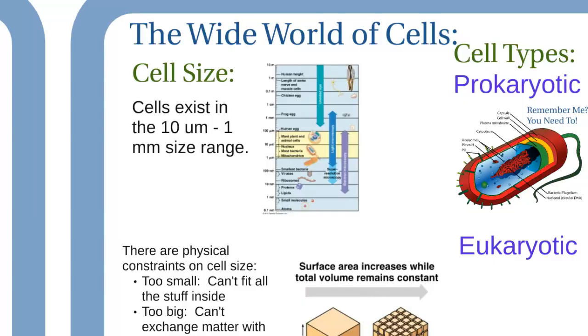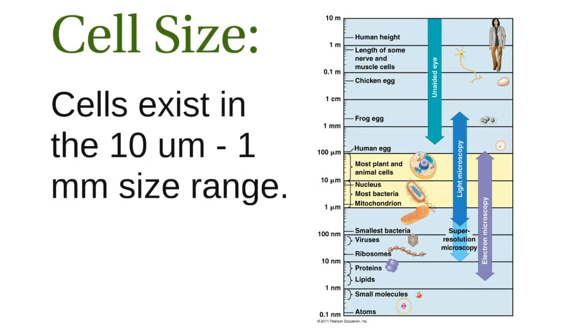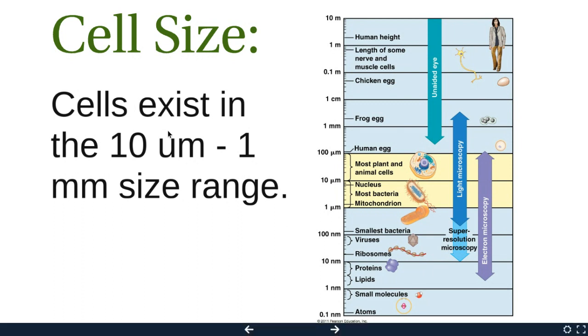Now, there are different types of cells that we're going to go into, and in a way they sort of relate to cell size. Cells exist in the 10 micrometer to 1 millimeter size range. So 1 millimeter is actually quite big. And so the smallest one, if you look at atoms down here at 0.1, the smallest molecule is 1 nanometer here. And then you have your